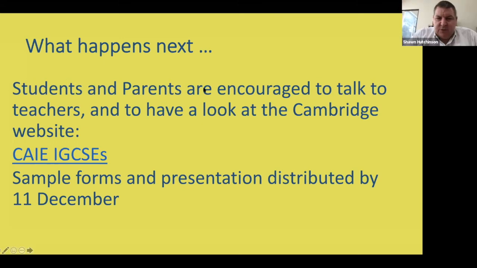Hutchinson? So just a correction in the options slide, physics and chem are no longer options because all students will take coordinated science. The coordinated science is a course where students take all 3 sciences, chemistry, physics and biology, up to IGCSE qualification level. So that was one. In terms of the slide or the presentation itself, that will be sent out to all families in year 9, and then of course a later session this afternoon for Year 11 families. So we'll send that out on Friday.